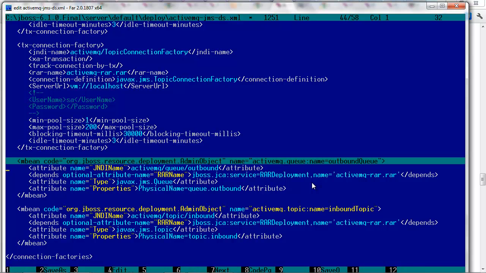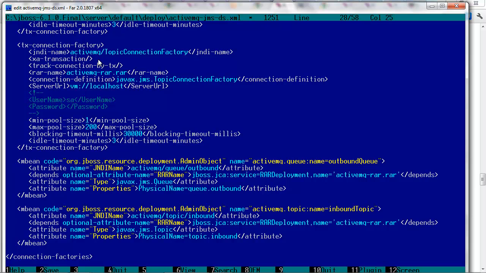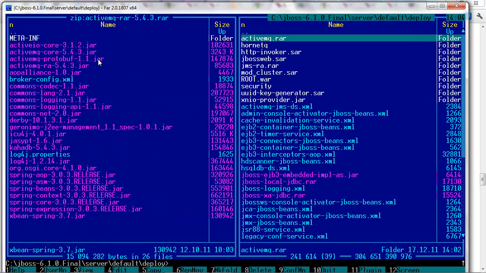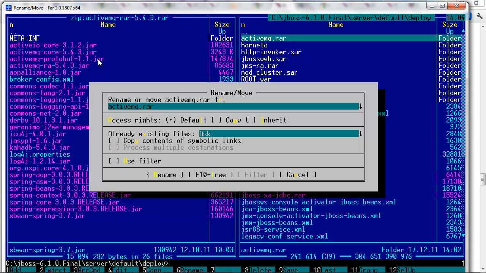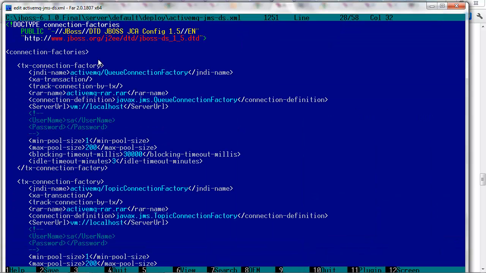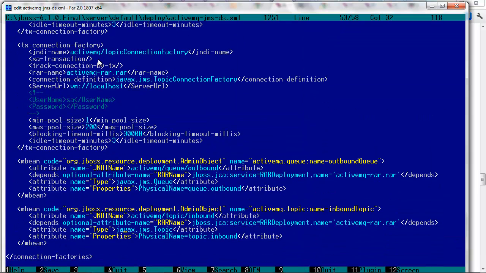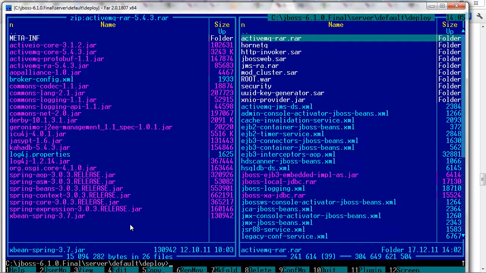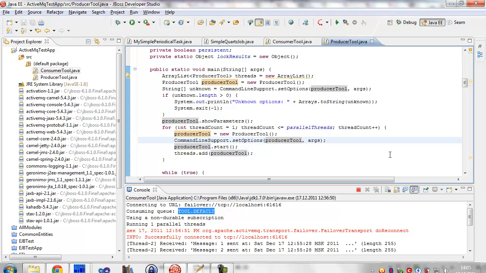These are administrative beans, and these are JNDI naming conventions for the Queue Connection Factory and Topic Connection Factory. Let's fix our name, activemq-rar.rar. Here it is, activemq-rar.rar. Now let's switch to JBoss Developer Studio